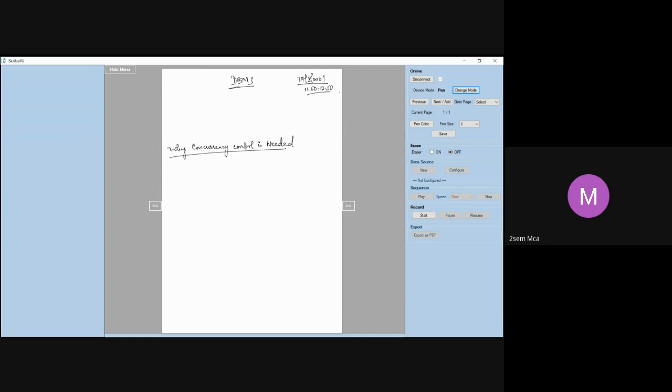Now, I already told you what concurrency control means. There are DBMSs which are used by multiple users. When multiple users are simultaneously trying to access that database, everybody should be able to access it without any hassles.